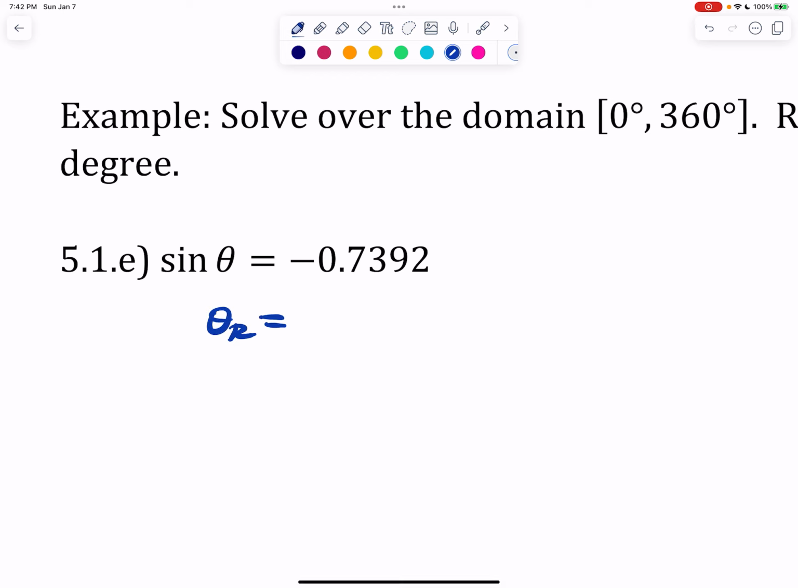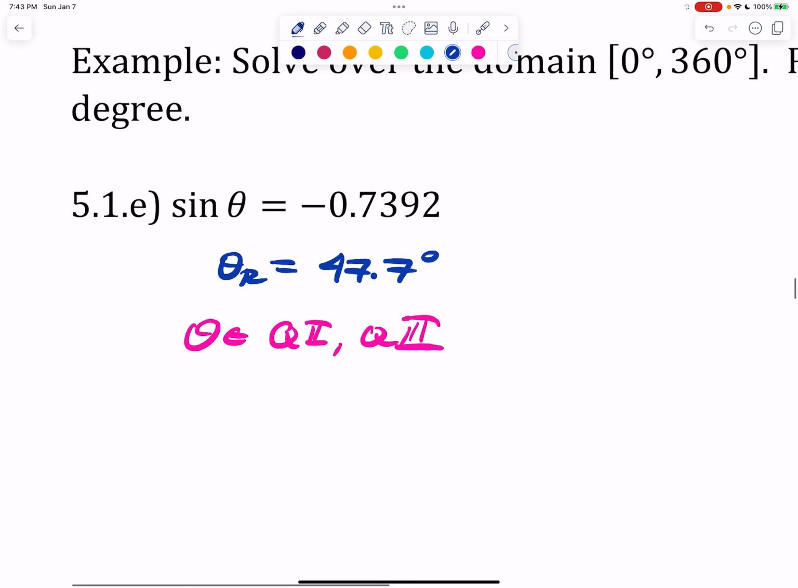So the reference angle would be inverse sine of positive 0.7392. Putting that into the calculator, to the nearest tenth of a degree, we get 47.7 degrees. That's the reference angle. We know, since the sine ratio is negative, that we must be dealing with quadrant 2 or quadrant 3. And because of that, theta could be the quadrant 2 version, so 47.7 shy